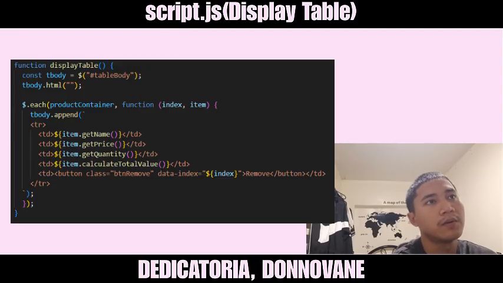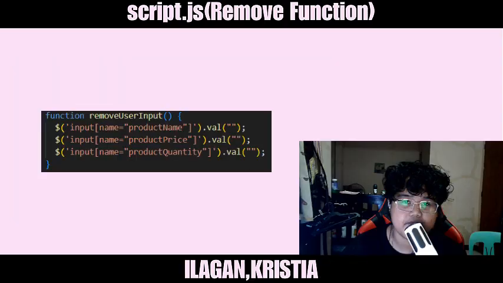Overall, the displayTable function dynamically rebuilds the product inventory table by iterating through the product container array and inserting rows into the HTML table using jQuery. This ensures that every time the data changes, the table is updated to reflect the current list of products.